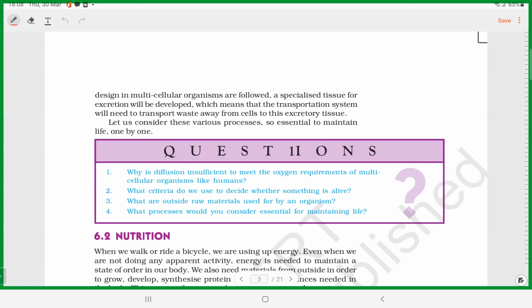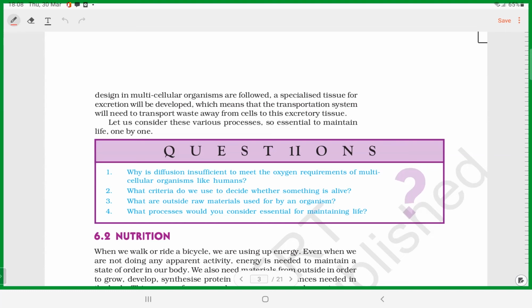Yes, Kaushik. Fourth question. What processes would you consider essential for maintaining life? There are many processes: digestion, respiration, transportation, excretion. Nutrition, the intake of food, is changed to energy, and in the process of respiration, we take the oxygen from outside and break the food